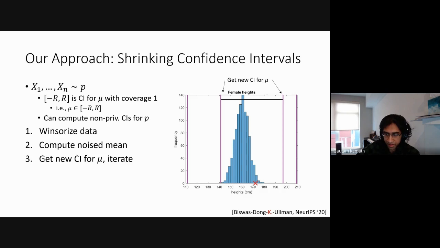So this lets us essentially recursively apply this procedure, or iteratively, I guess, and then we can get another mean estimate, which is closer now to the true mean. And from there, we could draw some new confidence intervals and so on. Essentially, we keep shrinking the confidence intervals again and again until eventually we get something very narrow, and we can just return whatever the true point estimate is. So this is the whole algorithm, or the whole framework.